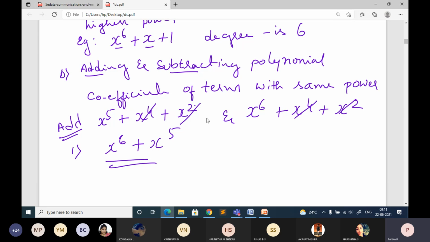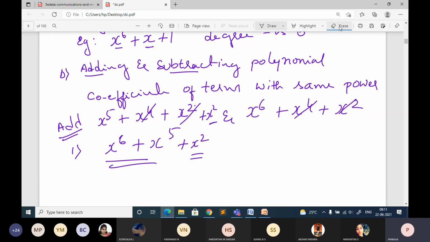In case I have one more term, that is one more x square, you cannot delete it unless you find the same term in the second polynomial also, in which case you cancel it. Otherwise, you have to retain this x square. Only if you have identical pairs can you cancel them. Otherwise, you have to write the term as it is.